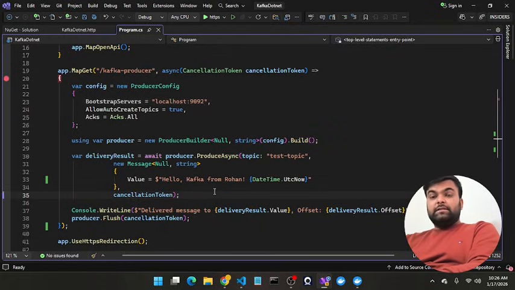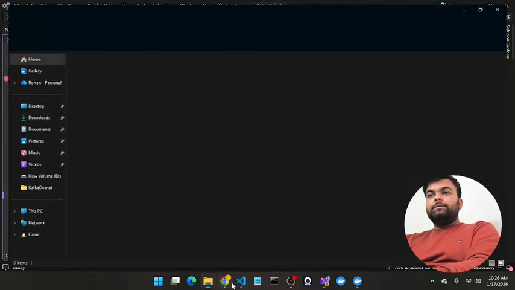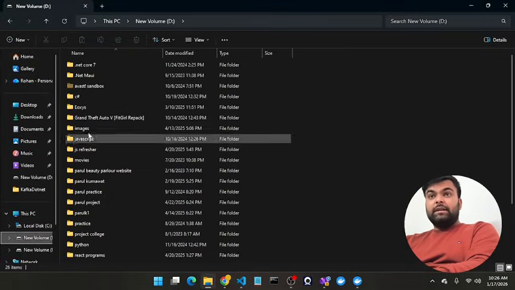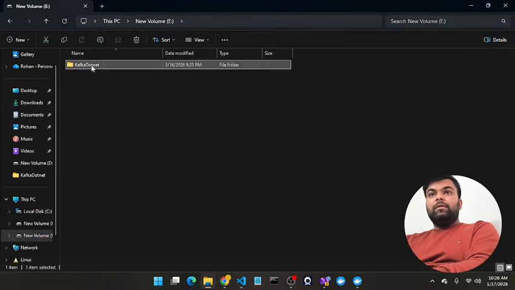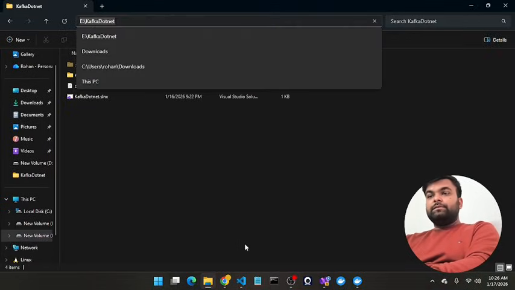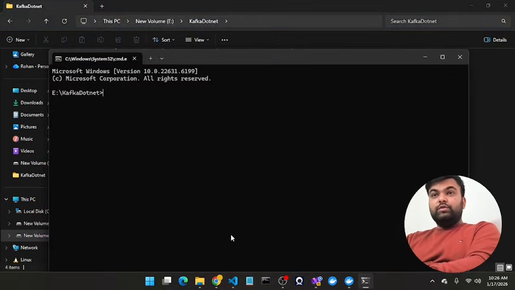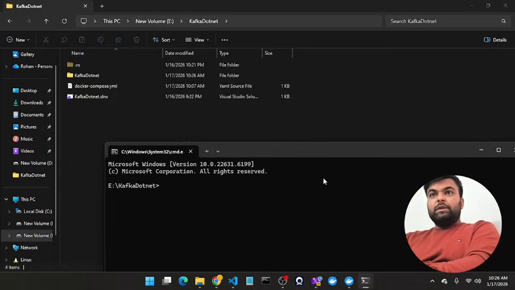Along with that guys, there is one thing. We have set up the code, now it's time to run the Docker Compose file as well, and we will create the container. I have already created the Docker container, so I won't create it again. Let me show you how to create this as well. The file name is docker-compose, so make sure you use the Docker Compose file name as it is. So docker compose,